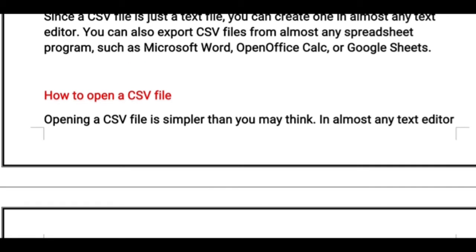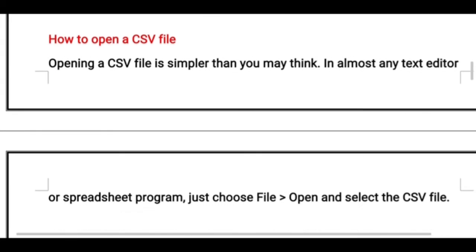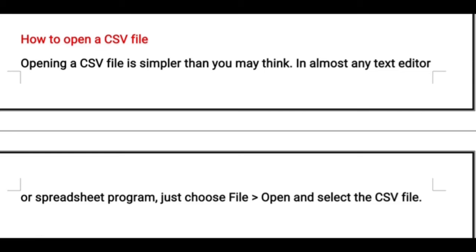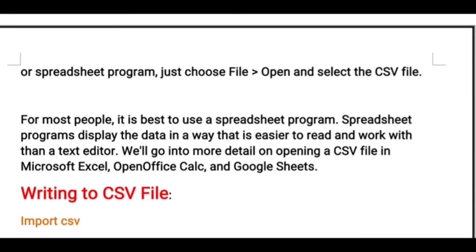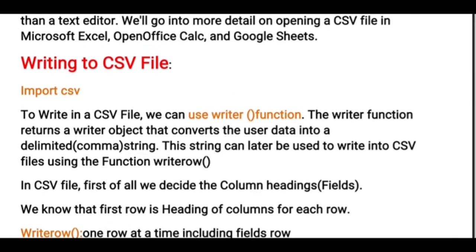Now, how to open the CSV file? When we are using the Windows operating system, whenever we write a CSV file, first of all we write something in Excel and then try to save it as comma delimited. What is the extension? We have to choose comma delimited while saving it. In this way we can create and open the CSV file.